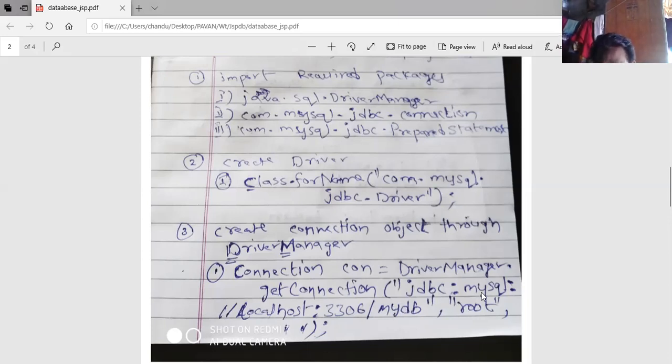JDBC is the driver, MySQL is the database, host name may be either localhost or a server. And this is the port number for MySQL, and this is the database name. After that, database user ID and database user password.